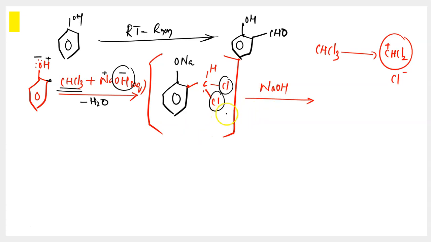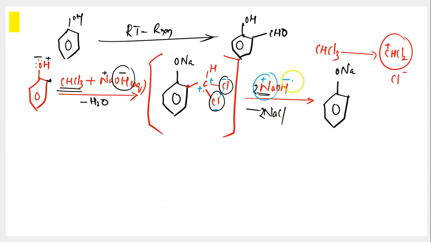And how do you remove the chlorines? The chlorines are removed with the help of sodium. And now these chlorines which are removed with the help of sodium would come out in the form of NaCl. Because you have two chlorines, you would be removing two NaCl, alright? And you would be using two NaOH. And now what happens to the remaining part of the molecule? You did not disturb ONa at all. And these two chlorines have been removed by two Na plus ions. What happened to these two OH minus ions? Cl minus gets out, so this carbon would be getting a double positive charge. So these two OH minus ions would be attacking this carbon so that the valency of carbon is maintained.